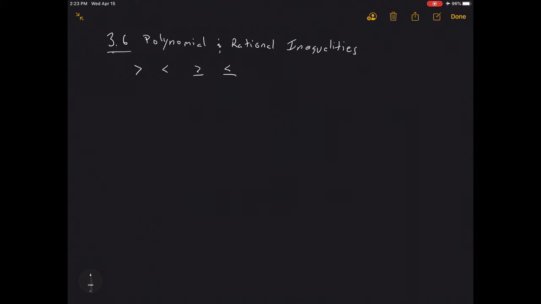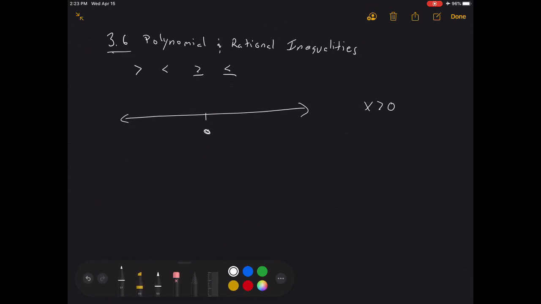Because we're talking about polynomial and rational inequalities, we're not talking about a linear one variable function. But in order to remind us, we're going to go back to what that idea was. So let's say we had something very simple. We have a number line, 0 in the middle, and I simply want to have the inequality that x has to be greater than 0. Well, if x is greater than 0, if we look on our graph, we would simply put an open circle